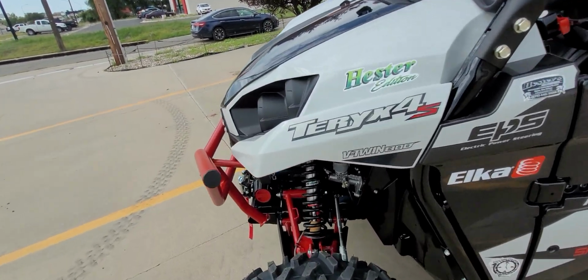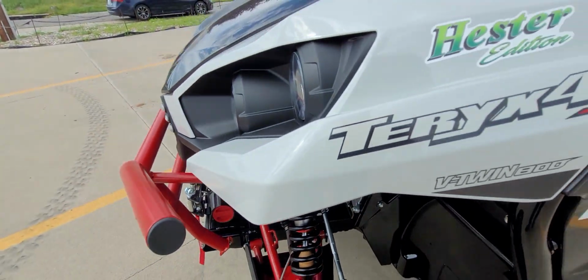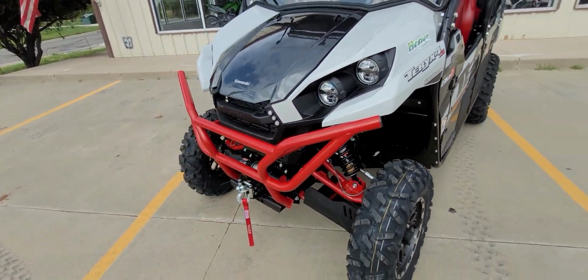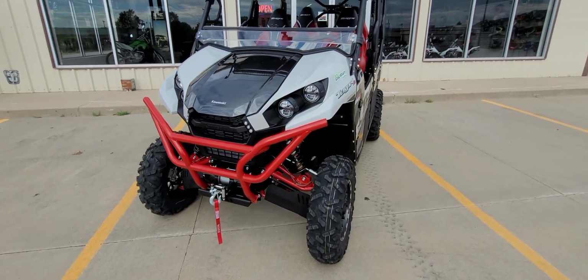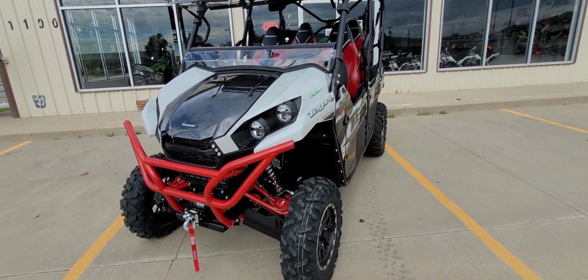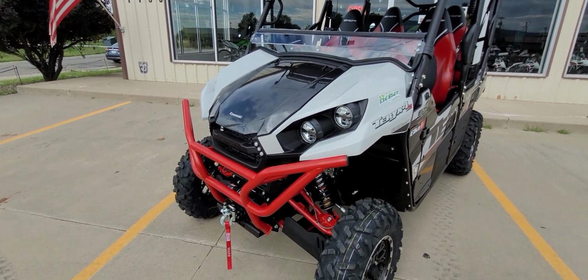Most important upgrade, of course, is our Hester Edition Elka. These are stage 1s, which is a massive upgrade over stock. 25% increase of wheel travel, and a whole lot better ride quality. The performance upgrade is tremendous on these over the stockers. Since the shocks are longer, it does give you some lift. So you can gain some lift, you gain travel,